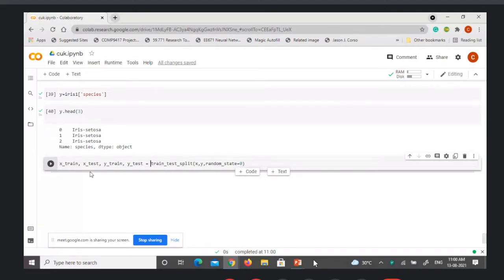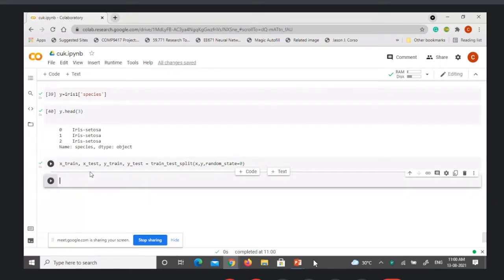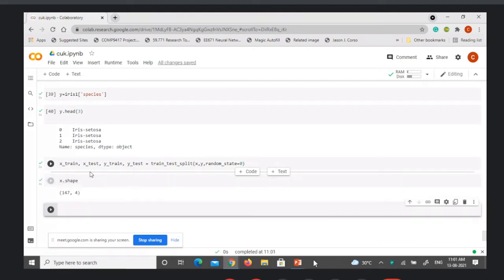Like this, it will return 4 different variables in that sequence. Now if you see, first let me show the X shape. X is 147 rows after removing the duplicates.